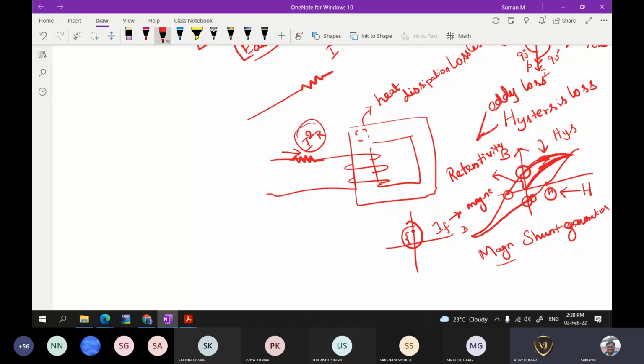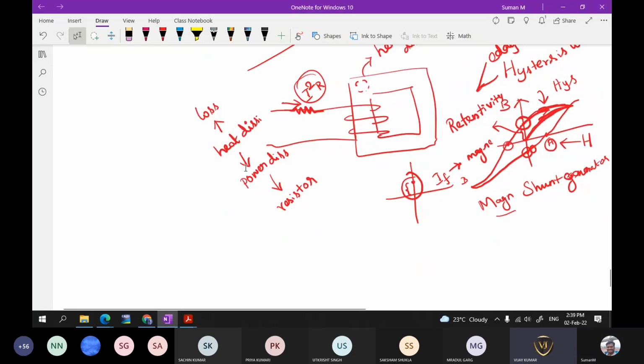Mainly the loss will be represented in terms of heat dissipation. So in order to represent the heat dissipation, we are going to represent it as power dissipation in terms of a resistor. We will be seeing it in much more detail, but as of now, we'll consider that there is some current which is going to flow through this path,